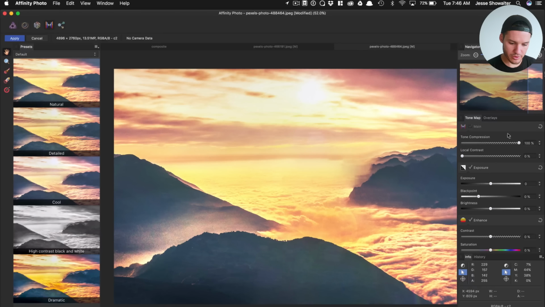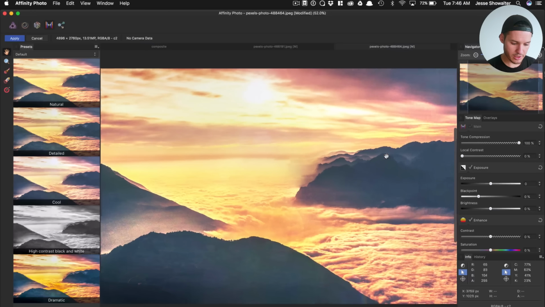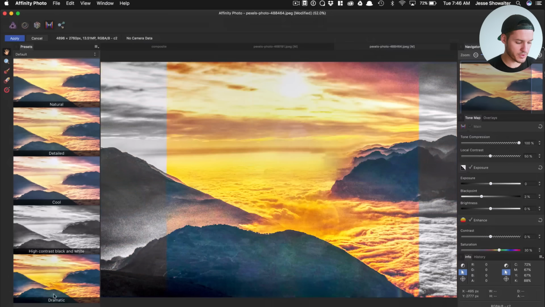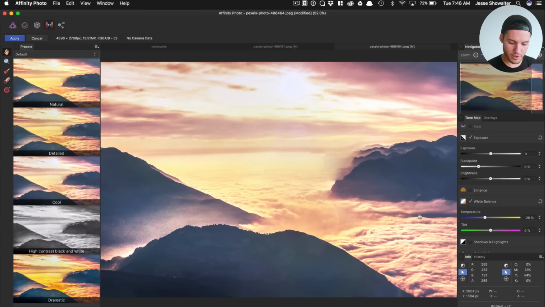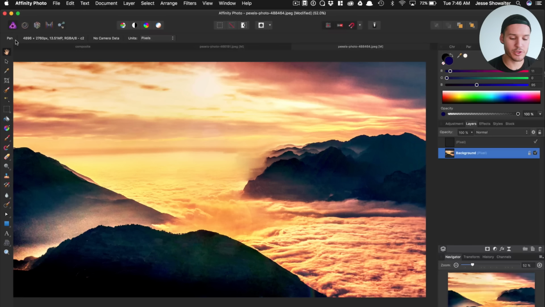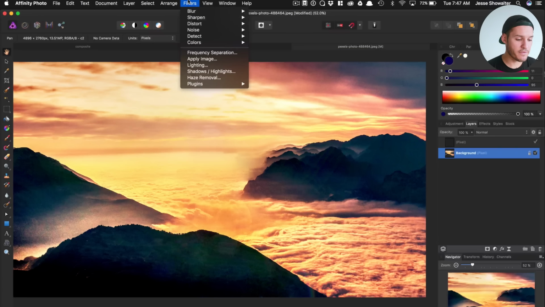So you can kind of just look and see, maybe we want to just put in one of these almost like filters over it. And if we don't want the filter, we can mess with different things like temperatures. We can enhance it with a little bit of contrast. Okay, that's pretty interesting. I like it. I'm gonna apply this. It's gonna make the photo look super crazy, but I haven't even talked about the amount of different filters and